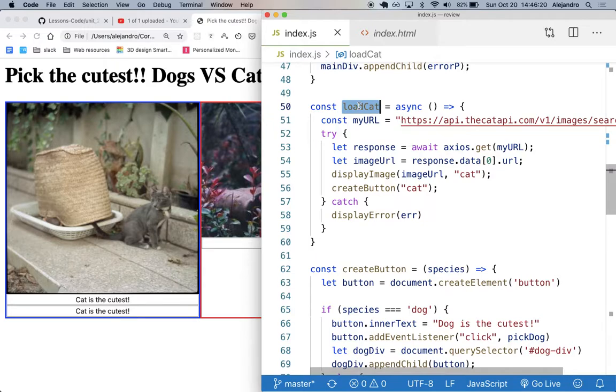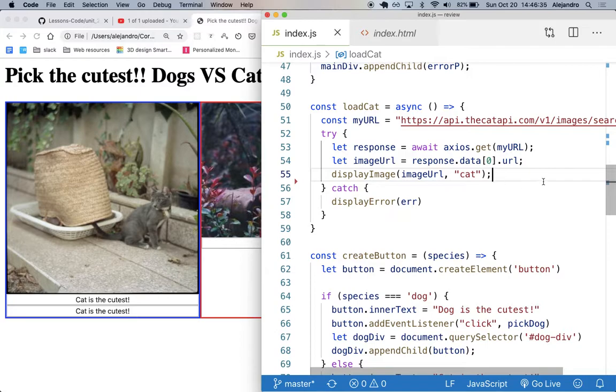So we need to break this down a little bit more. We know that the images are independent from the buttons, right? So we shouldn't create the buttons here, in load cat. What we want to do is